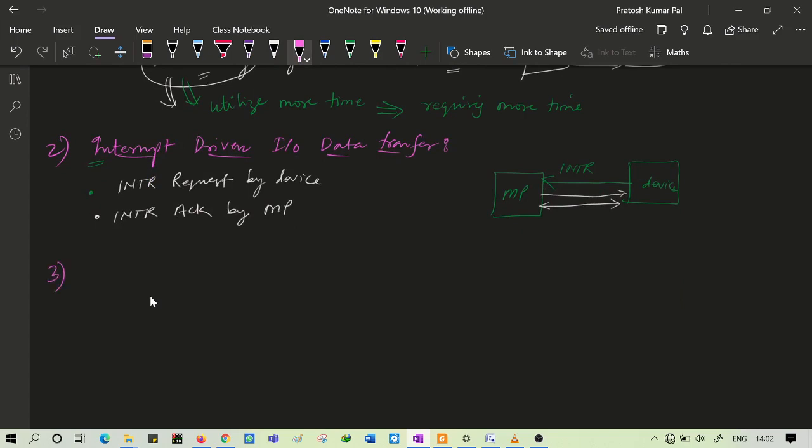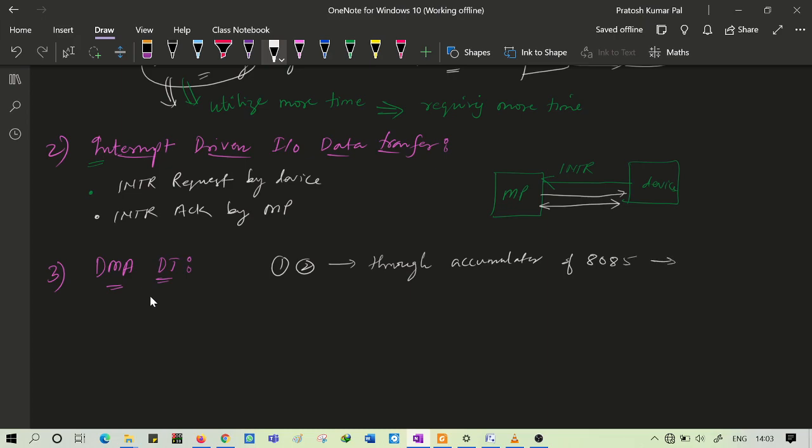The third one is DMA type data transfer, that means direct memory access type data transfer. In the previous two, the first and second that we have seen, the data transfer takes place through the accumulator of 8085.